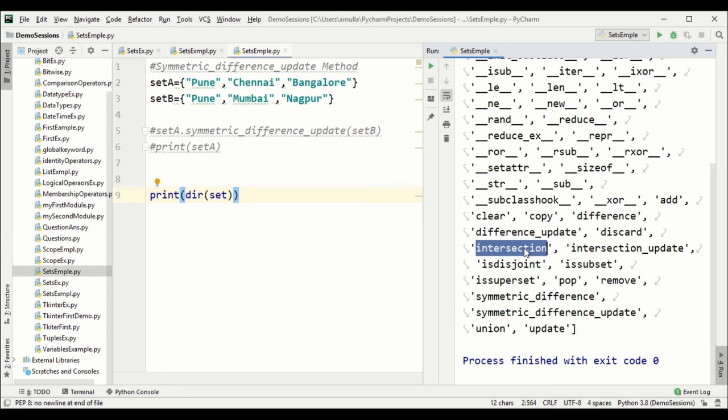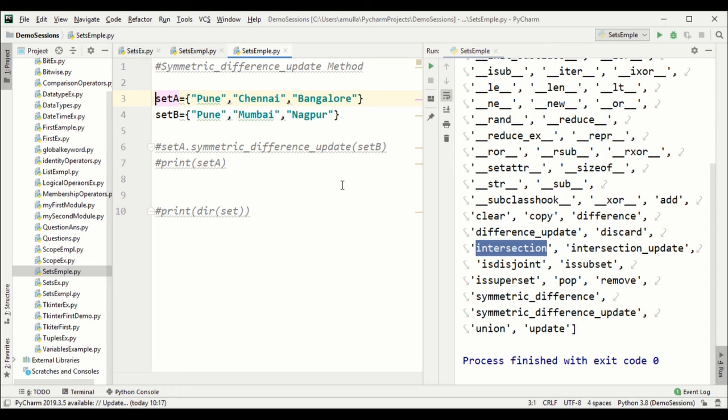What is intersection? This command is also important. If we have to check what the inbuilt methods are in list, tuple, set, dictionaries, this is important. To know what we have to study next, we have to know this command. Okay, so let's comment it and then we'll check what is intersection. So the intersection method